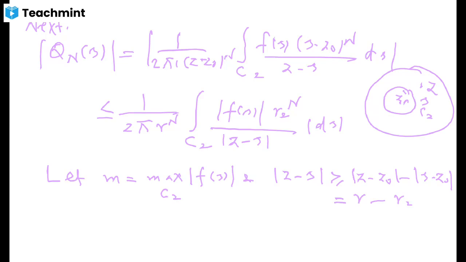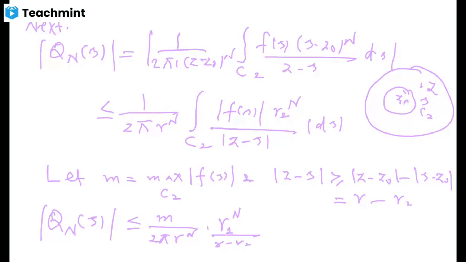And obviously r is bigger than r2, so this is a positive number, and this reciprocal will be less than 1 upon r minus r2. Substitute these terms in the above inequality, and you get a further reduction in the size of this error term q, which is less than or equal to, with a small m, 2 pi r to the power n times r2 to the power n upon r minus r2, and you are left with